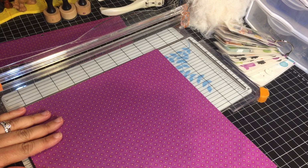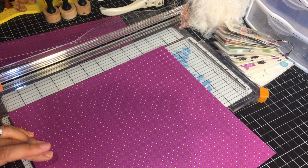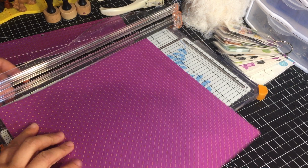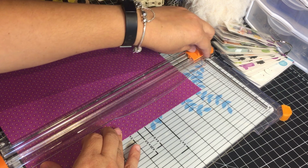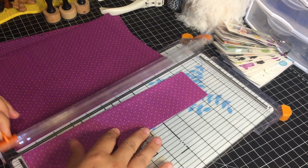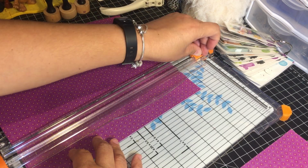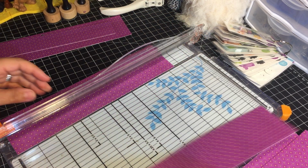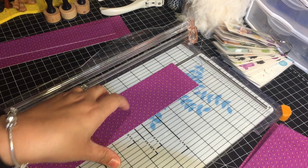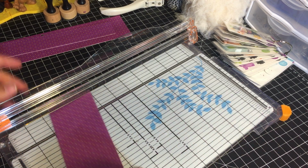So on the 10 side, you're going to make 4 cuts of 2.5. Here's the 10 side, 2.5. Trying to remember. It's been a while. 2.5. 2.5. 2.5. And then that last one, let's check. 2.5. Perfect. And then if you flip that on the long side, you should be able to cut 3 of the